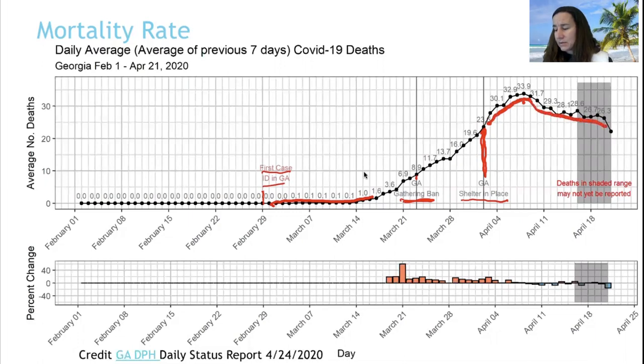Everything in gray here is a little sketchy because if it's super recent in somebody's past, we still need to figure out was it really COVID or was it something else? And so we need to perform an autopsy and you got to wait for those results. So everything in gray is still a little in the air. But in general, it looks like we spiked and our preventative measures of banning large groups and staying in place seem to be working as of now, as of April 24th. Mortality rates are never something that you want to be happy about, but it looks like they're tapering off.